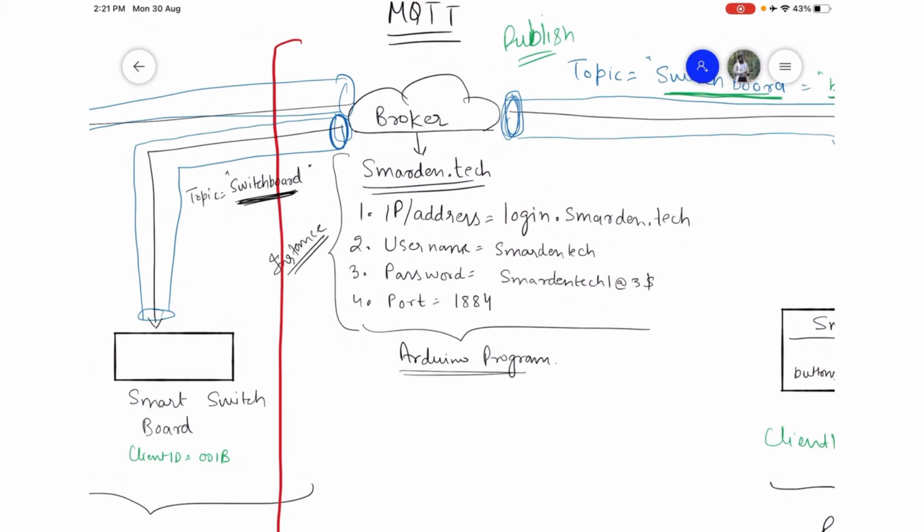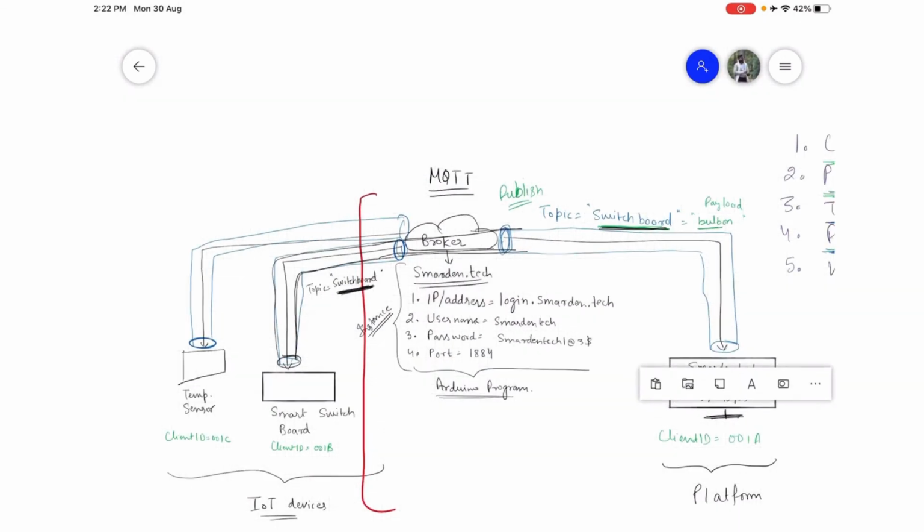So if the publishing topic is switchboard, then the subscribing topic must be switchboard in order to receive the data at the device end. If both the topics are the same, assume that this pipeline is connected. All we are doing is publishing the data from the platform, and we have subscribed to the same topic so that we can listen to the data coming from the platform.